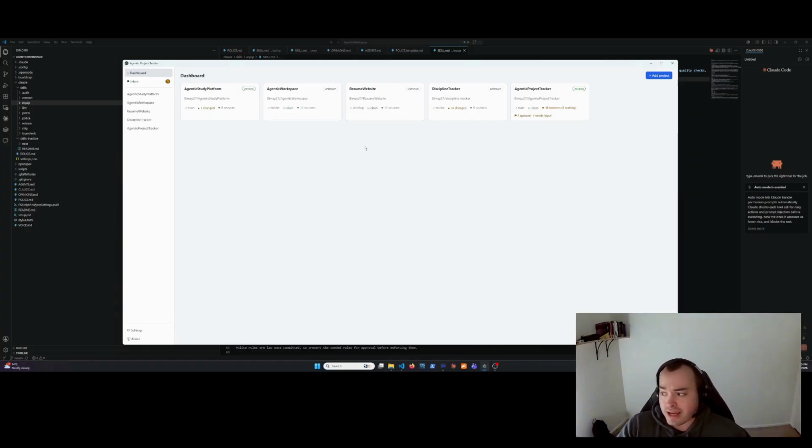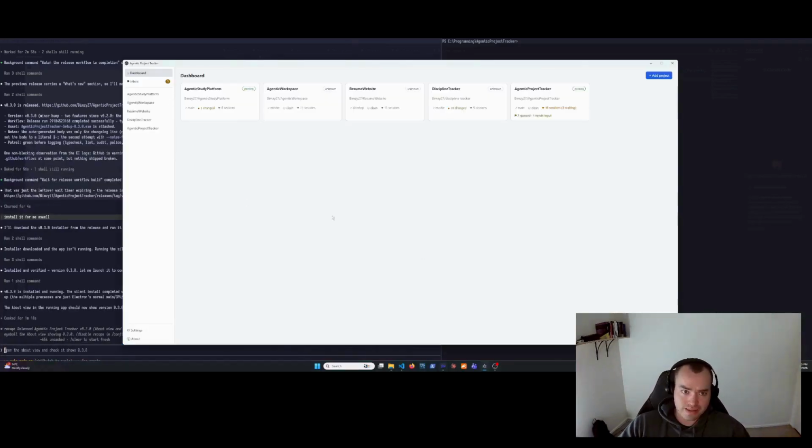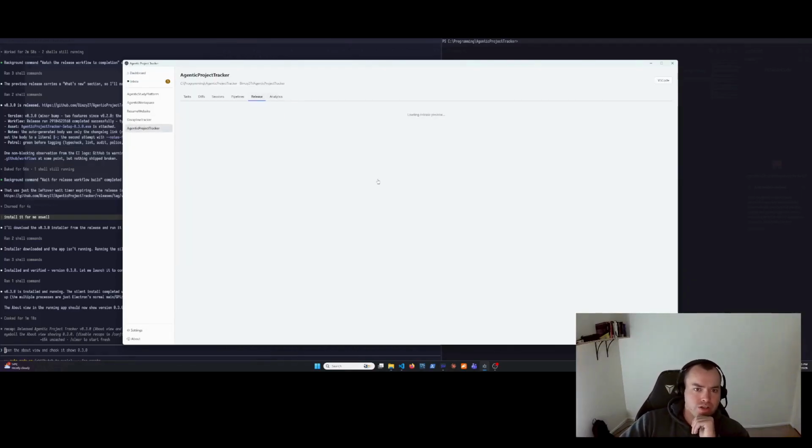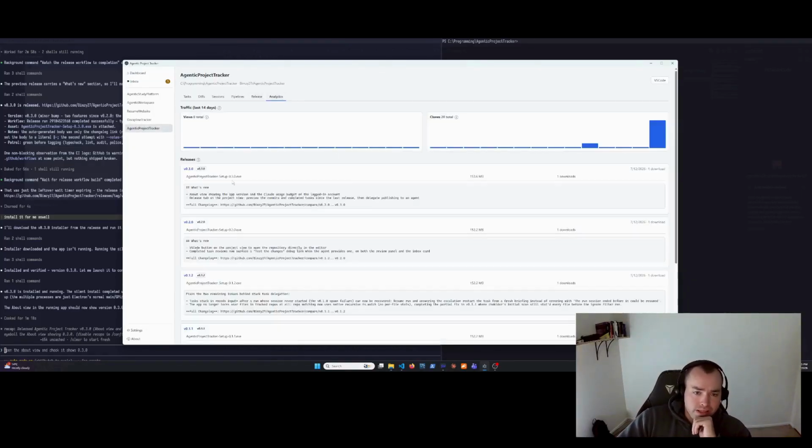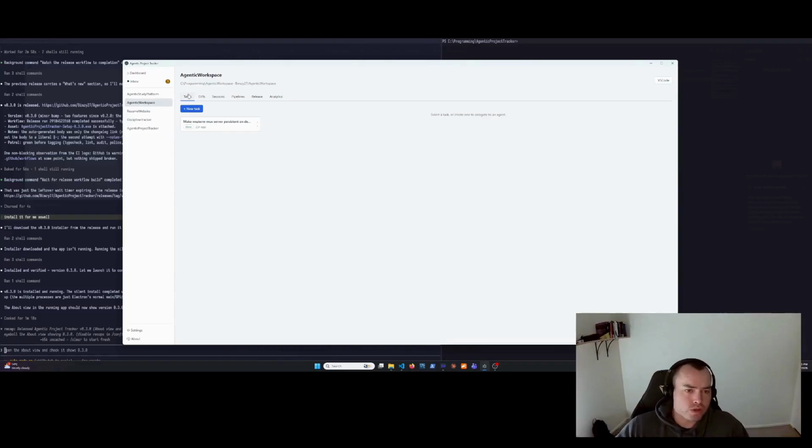I'm not very IDE focused right now. I pretty much just use it for reviews, like code reviews and debugging when I need to. But most of my process is done either in the terminal or in this new app that I'm currently building. And a link for the app, like a download link to the actual repo and the releases for the Agentic project tracker, will be in the description down below, as well as my Agentic workspace, which I want to